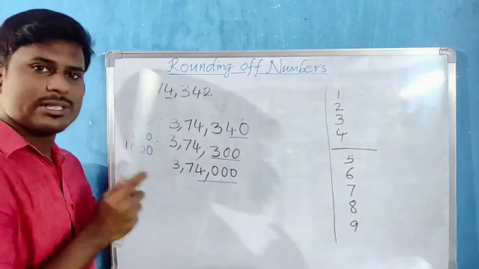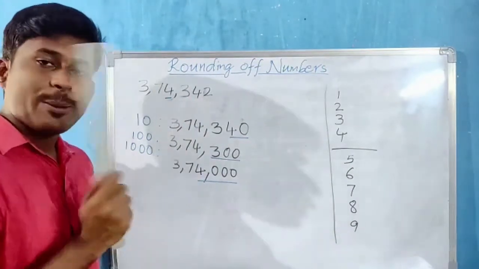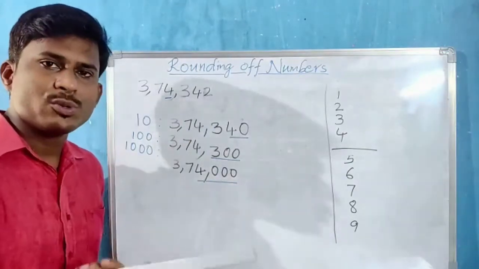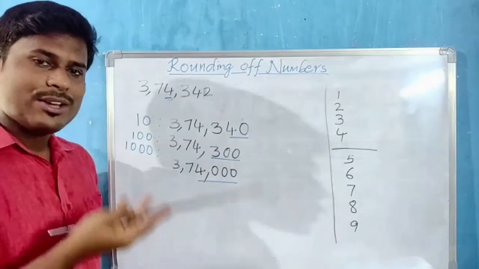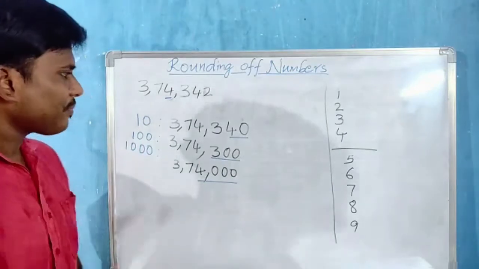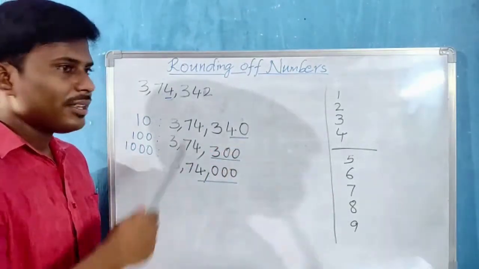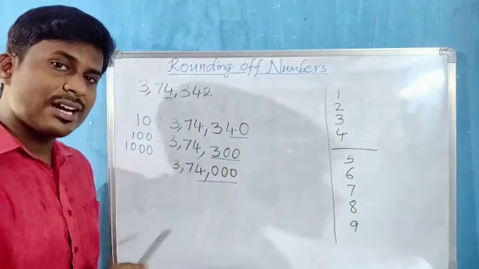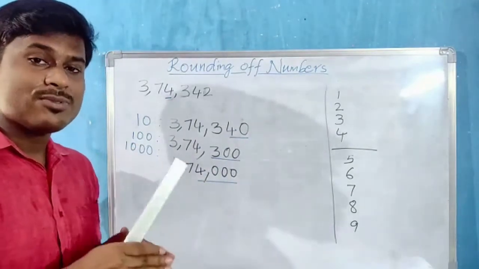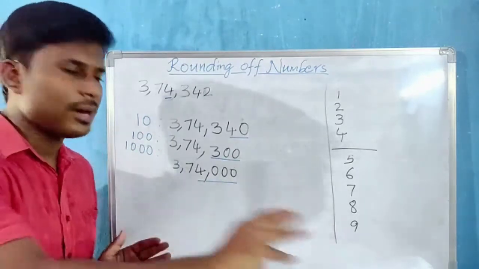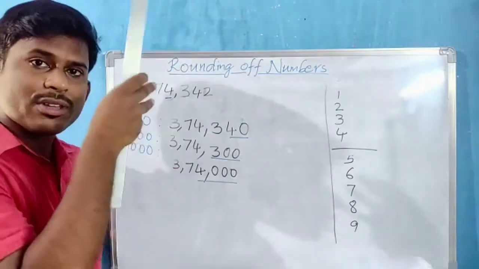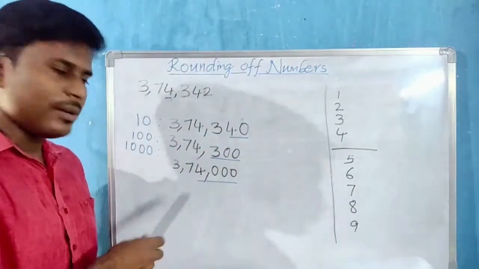when we talk about nearest to tens, 42 is near to which number on the number line? 40. We already discussed. Now 342 is nearest to which 100? So 342 lies between 300 and 400 on the number line. This 342 is near to which 100? Whether it is 300 or 400 on the number line? 300. So these concepts we have discussed in the 4th class and 3rd class on number lines. But here we have to discuss in this way. So basing on the rounding digits only we have to find the nearest number.